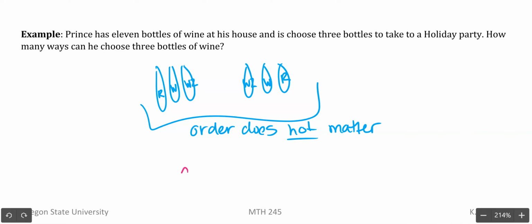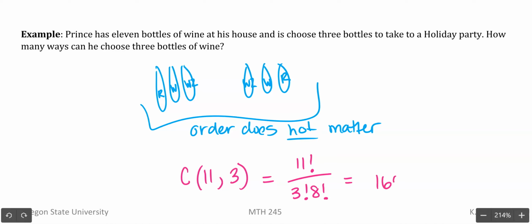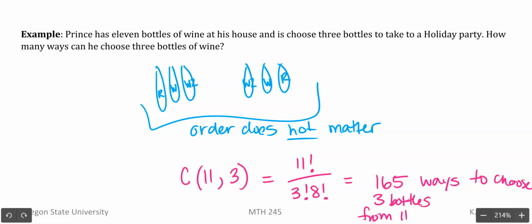to do this. So we have 11 bottles of wine. We want to select 3 of them. So we have 11 factorial. Remember, you can always just plug this straight into your calculator. You do not have to know the formula by hand. And we get there's 165 different ways to choose 3 bottles from 11,